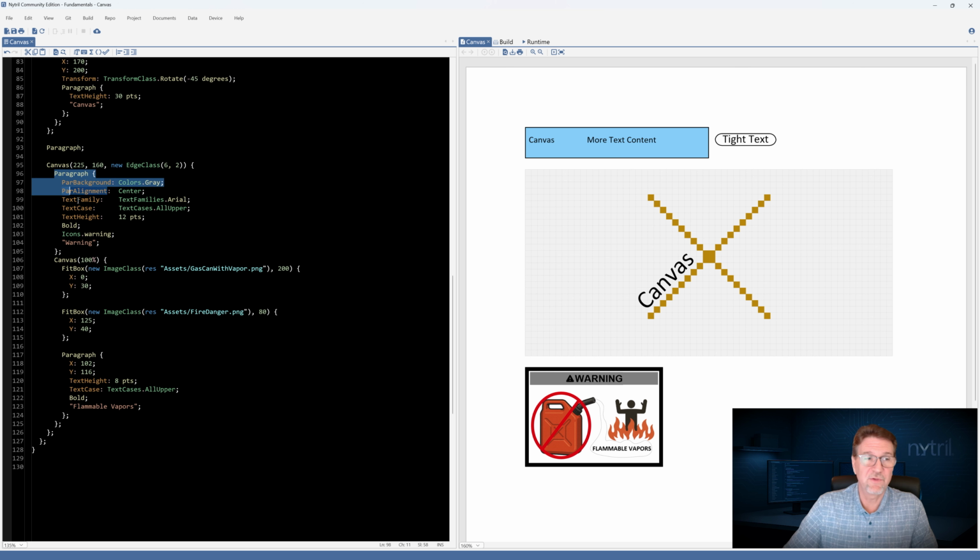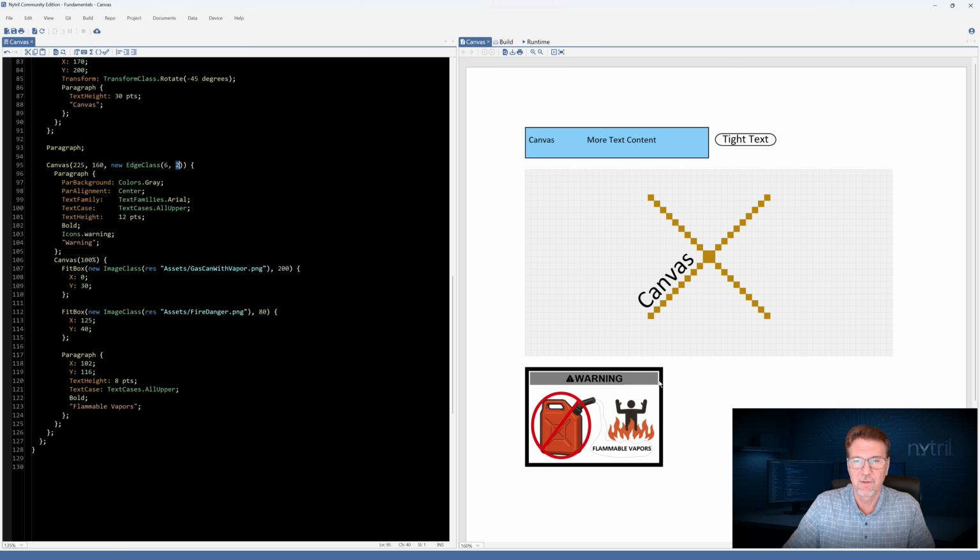So to do that, we simply have a paragraph right up here at the top that's drawing at the upper left. And we've got a bunch of alignment options. By the way, I set this canvas up with an edge class of 6,2. So that's the border, not a 6-point border, a 6-pixel border with 2 pixels of internal padding.